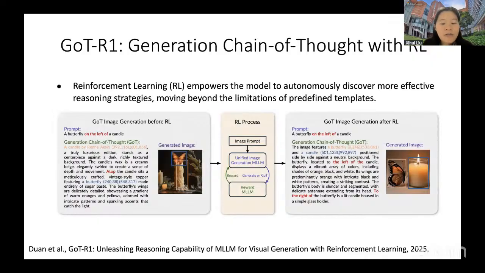And further, we found that if we apply reinforcement learning after the SFT, it will further improve the chain of thought reasoning of the generation. Basically, if we only train with SFT, the reasoning chain might be templated. It will overfit the human-defined templates for reasoning. But after fine-tuning with RL, we see that the chain of thought is much more flexible, and it really captures the key information that is essential for generating the image.